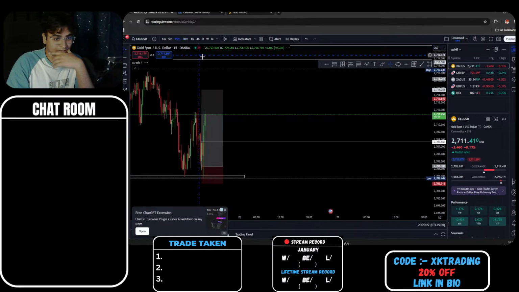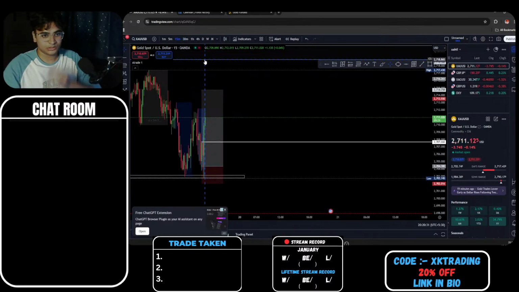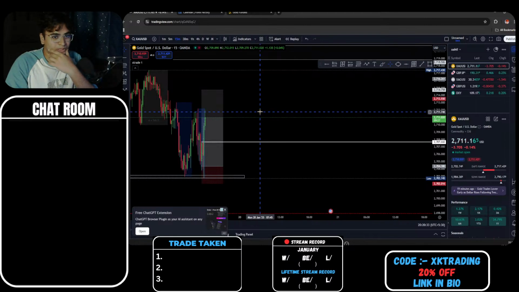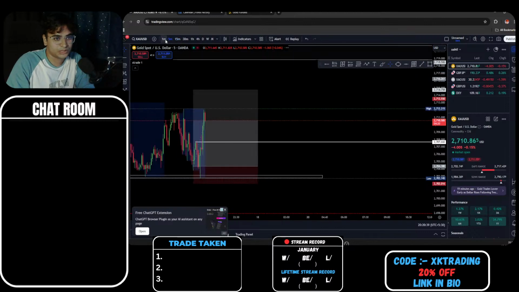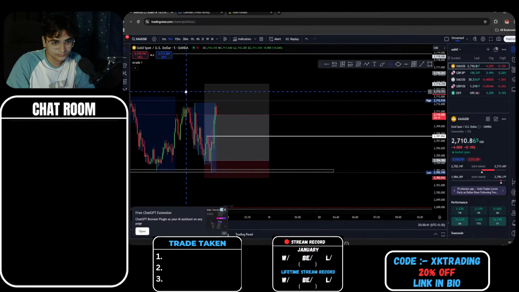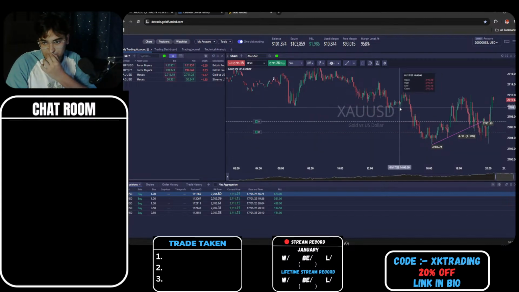The 30-minute candle still has 9 minutes. Okay. So there's a high probability we will reject and tap into the zones again. Yep, that's what I thought. But as I said, now if you like, we can put SL at break even and let this trade run.